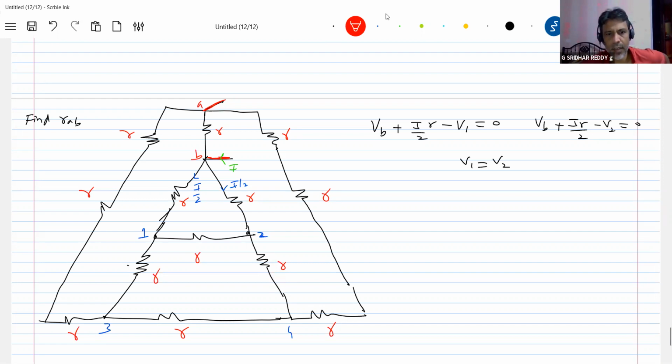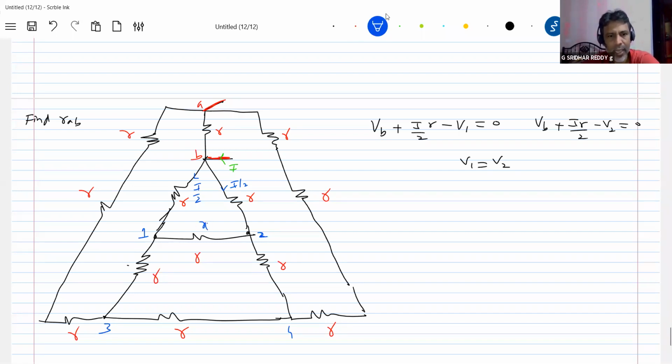Next, we are going to work out some problems of finding equivalent resistance here. So now V1 equals V2. If a resistor is connected across points which are at the same potential, V1 and V2, no current flows through the resistor R. So this resistor R can be removed from the circuit, as there is no current through it.